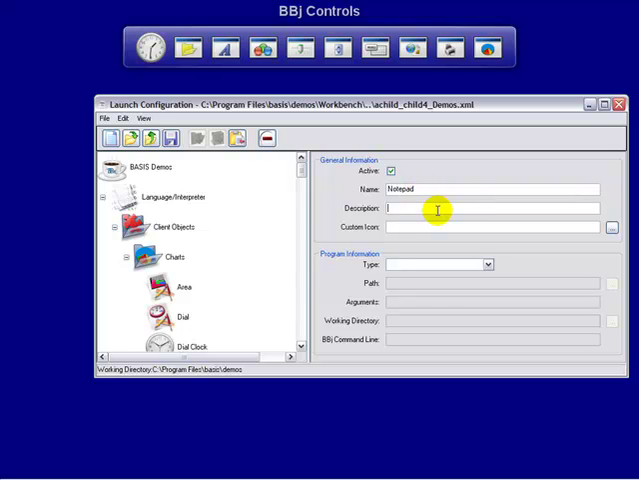And we add a description, which is going to come up. Let's say runs Notepad. And for now, I'm not going to give it a custom icon, and I'm going to say it's a Windows executable. And since Notepad is in our path, we can just say run notepad.exe. Okay, now I'm going to save it out